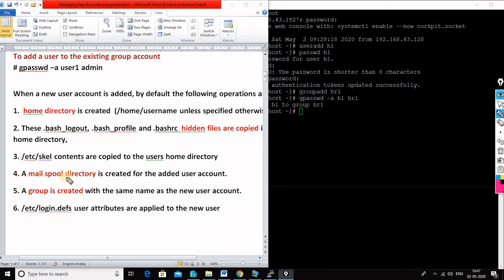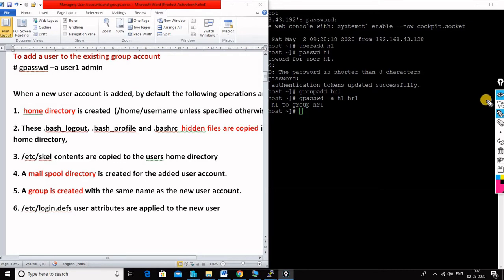A mail spool directory is created for the added user account. A group is created with the same name as the new user account. And all the properties defined in /etc/login.defs, the user attributes, are applied to the new user. So these are all the things that happen when a user is created.